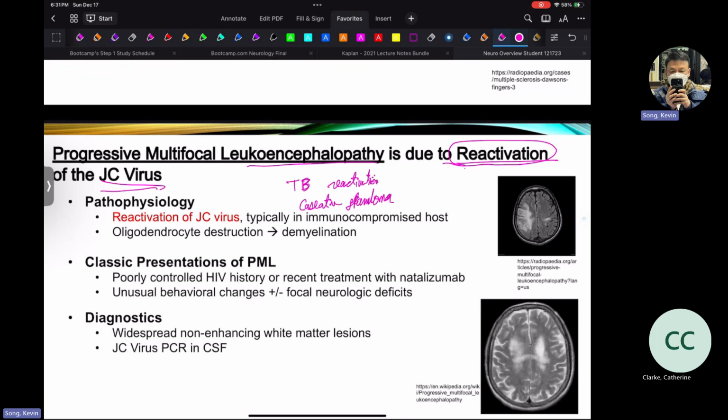But TB is a strong bacteria, so macrophages cannot kill all of them. So they will form